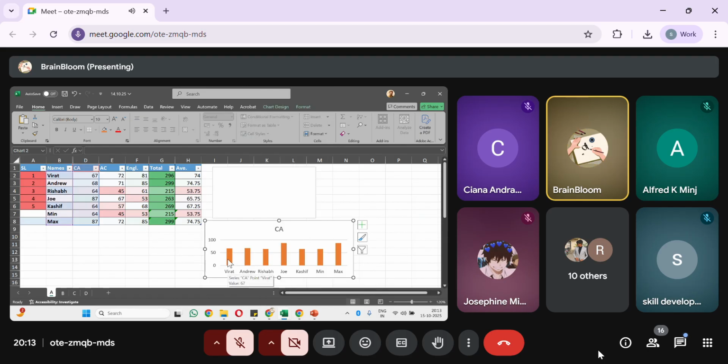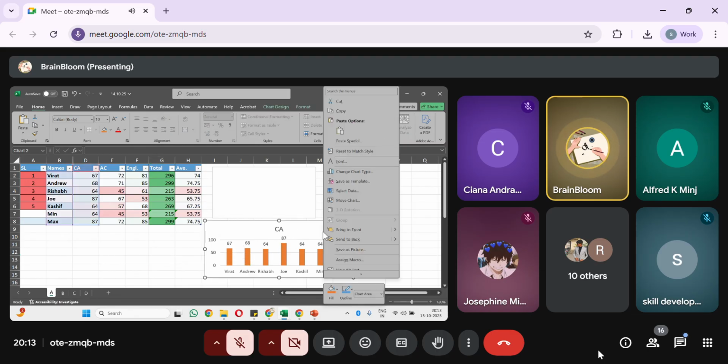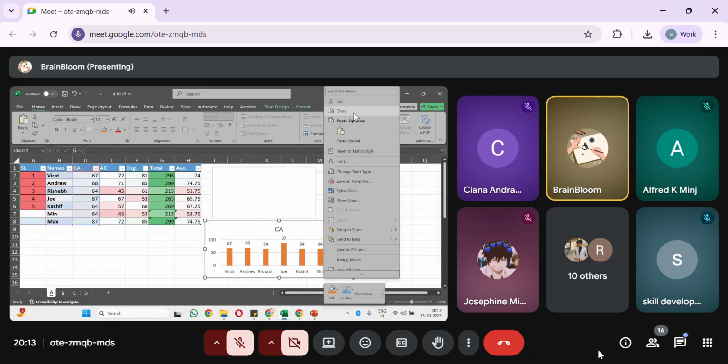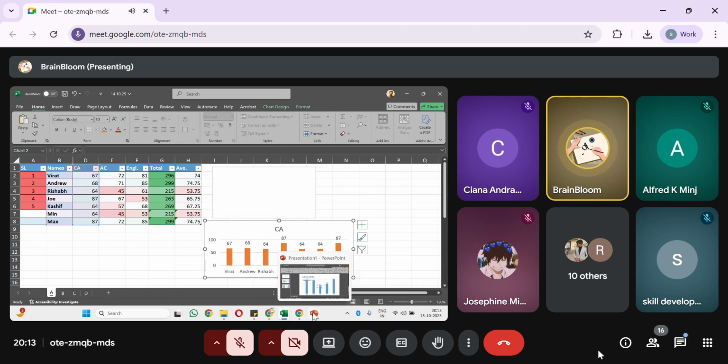Sorry, first you need to click in here, these bars, then right click and add data label. See, data label has been added, right? This is add data labels. Okay, so these are the numbers scored by different students. For example, in case of CA, cost accountancy, Virat 67. Now you can just right click on it, copy,